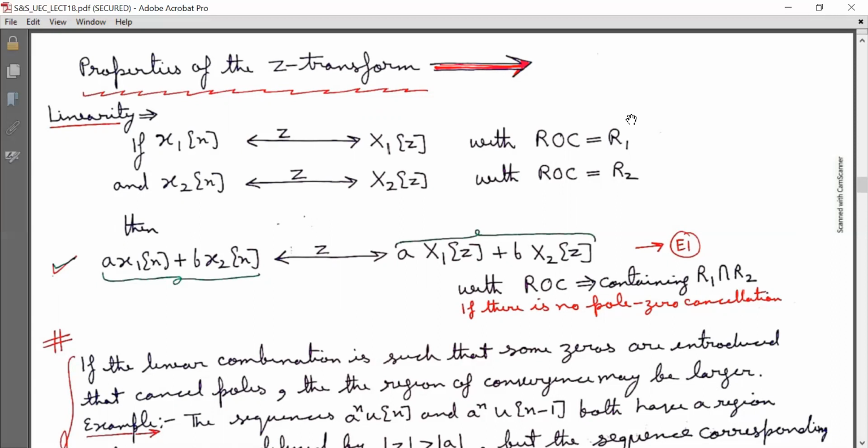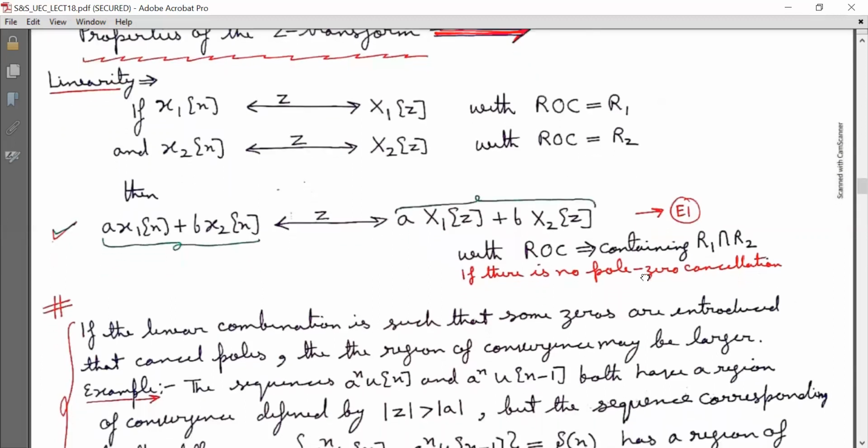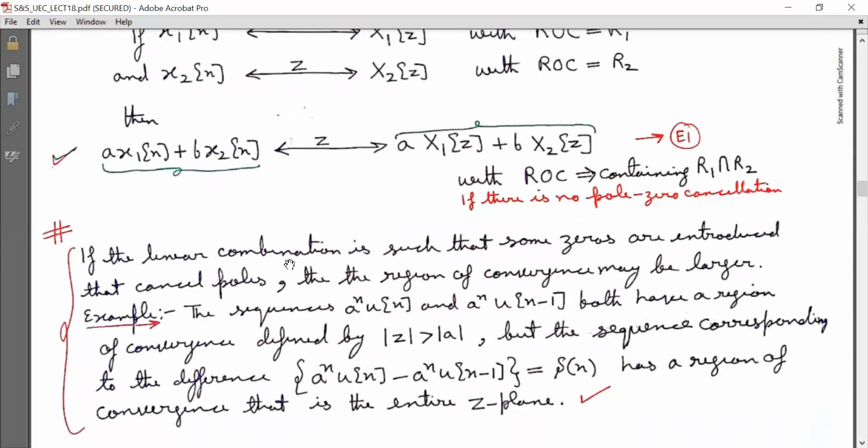b x2[n], then we take its Z transform, and if I'm getting a X1(z) plus b X2(z) as shown, and with ROC containing R1 intersection R2, then this follows the linearity property, particularly if there is no pole zero cancellation. If the linear combination is such that some zeros are introduced that cancel poles, the region of convergence may be